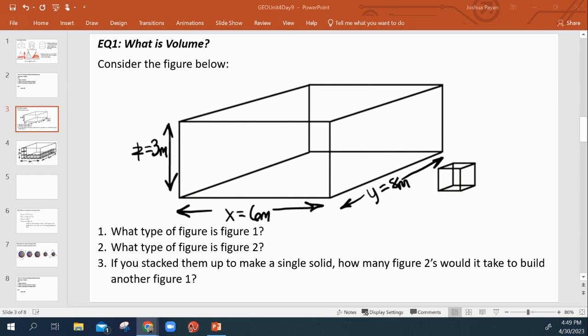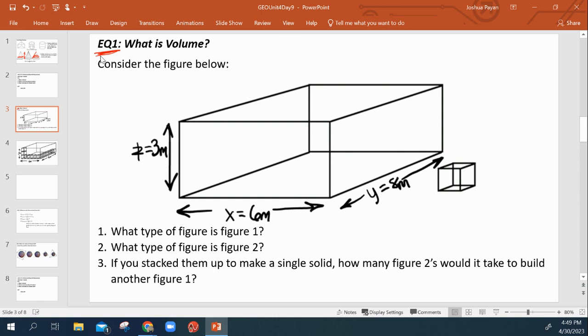Okay, so in this video, this is our second video for day 9 of Unit 4 in geometry. In this video, I'm just going to motivate basically what is volume, right? So I'll give you a second to read this little activity we have aimed at answering this first essential question. I'll give you a second to go ahead and read through and try to attempt on your own. Okay, so go ahead and pause the screen, read, try to attempt it on your own, and we'll go ahead